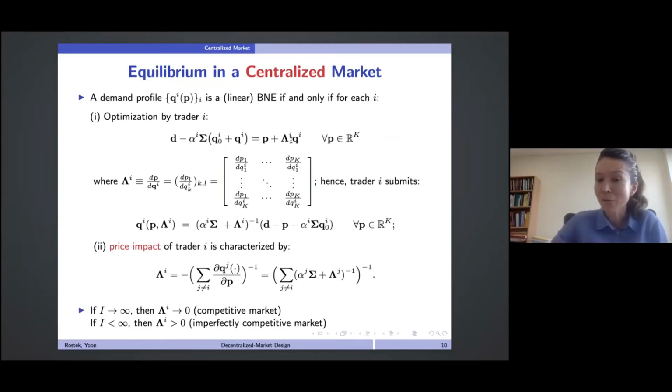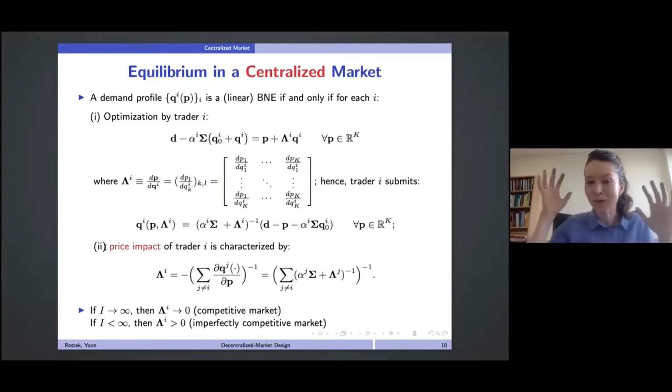If I knew my price impact, I could compute my best response schedule given that I know my marginal utility. But these price impacts are endogenous. So the second equilibrium condition requires precisely that the price impact assumed by a trader in his point-wise optimization must be correct. That is, it must match the slope of the actual residual inverse supply defined by aggregation of demands